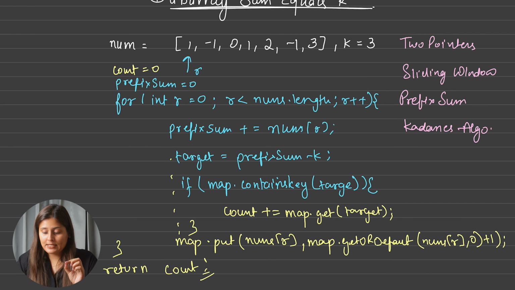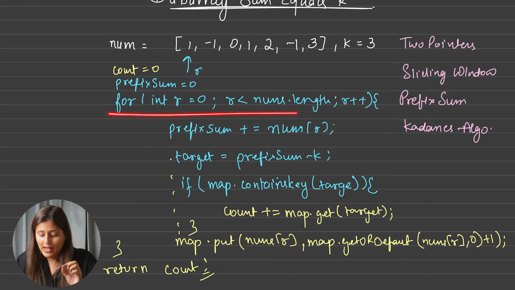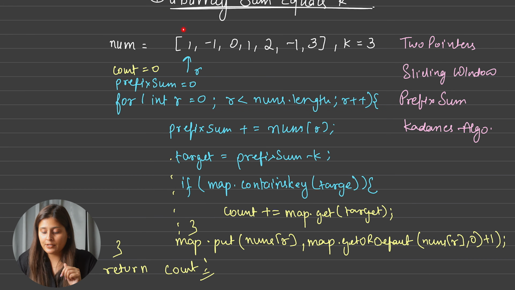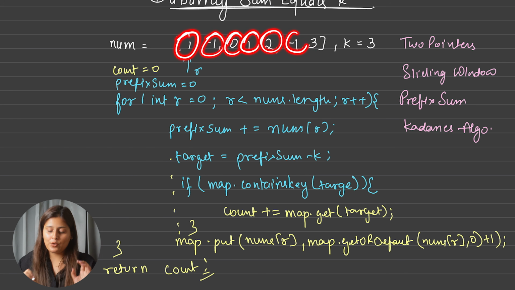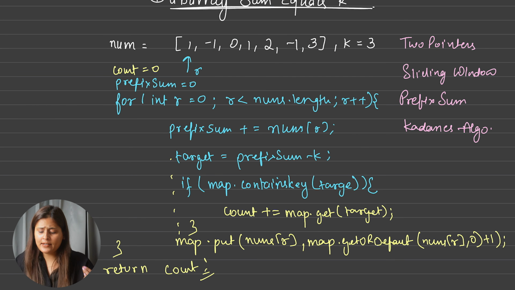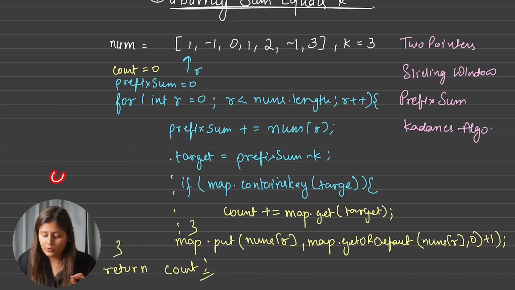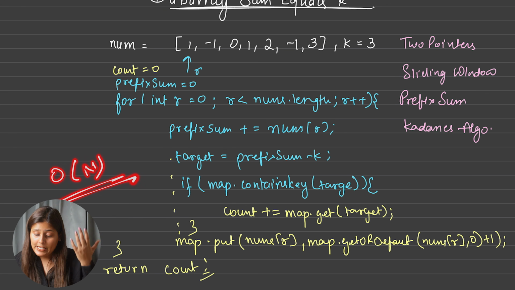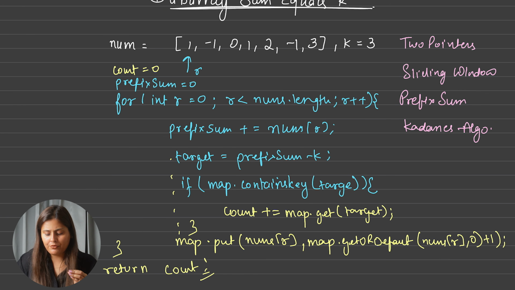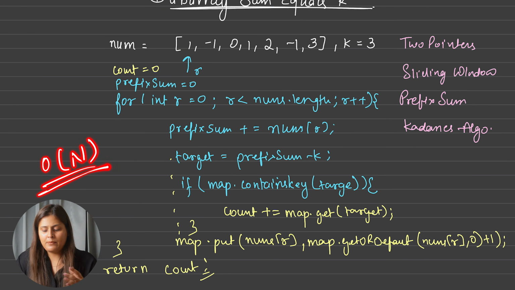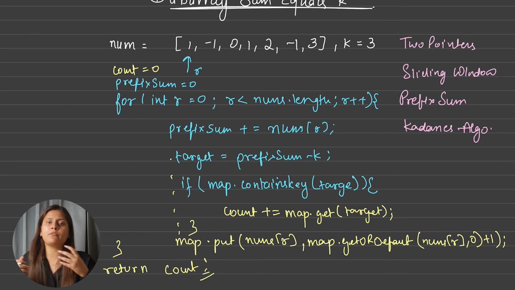Now let's see the time complexity. As you can see, this loop runs for O of n because our pointer is running through the array, or even if you are using the for each loop, you will end up adding all these numbers one time at least, and that will be O of n. And inside it we are not using any extra pointer, so total time complexity will be O of n only. Now let's see the space complexity, and space complexity also will be in the worst case O of n. It might happen that in the worst case we will end up adding all such numbers inside the map.